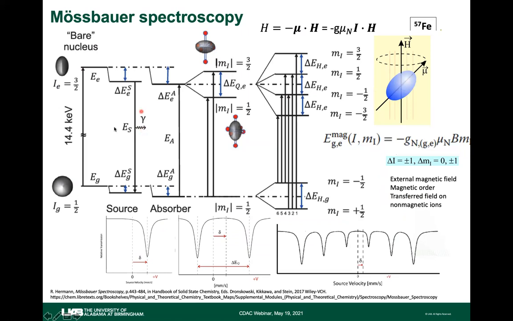In the conventional lab Mossbauer experiment, we typically use a radioactive source to excite the nuclei in the sample. In this case, we use cobalt 57 to excite the iron 57